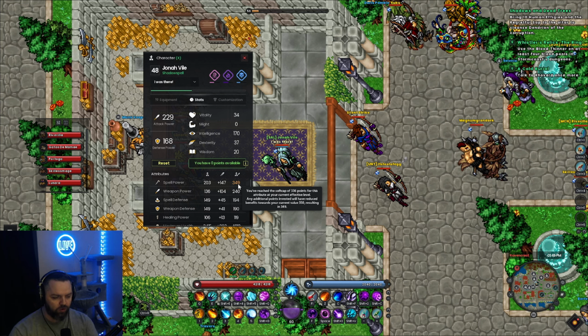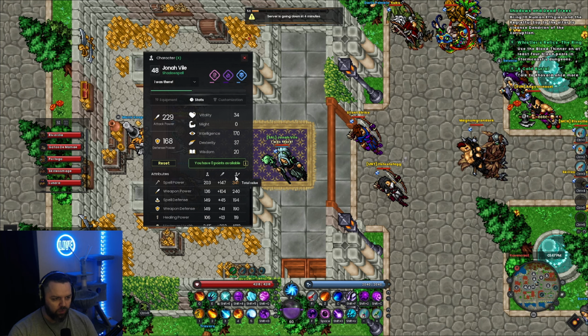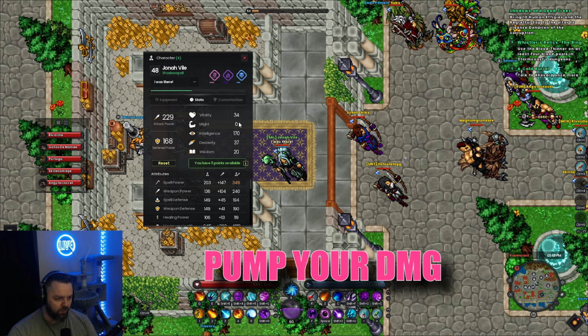Now, as we get more stats later in game, tier 4, tier 5, whatever, all that stuff, this soft cap is going to hit harder, and maybe then we'll want to balance our stats a little bit more. But as it is right now, pump everything you can into your damage stat, whether it's intelligence or might, whichever one you're doing. And then whatever you have left over should probably be going into vitality